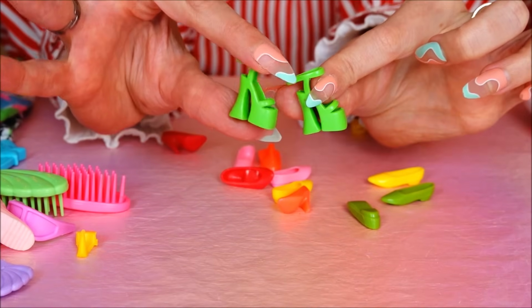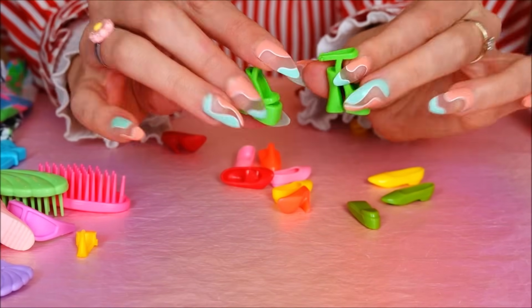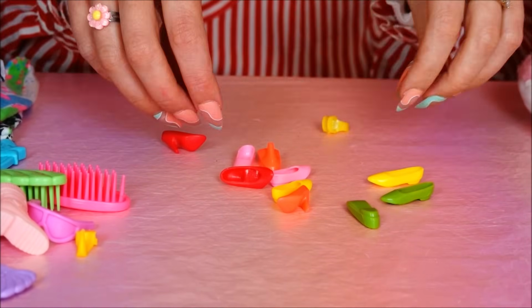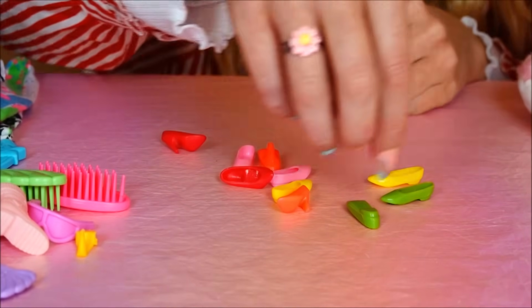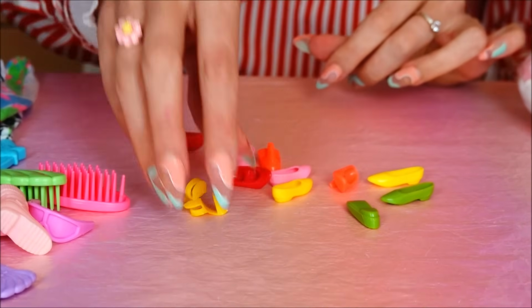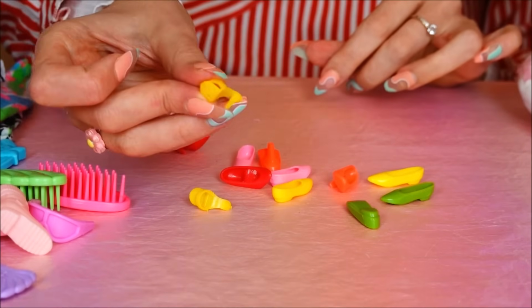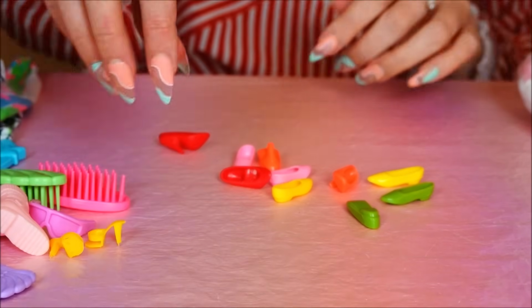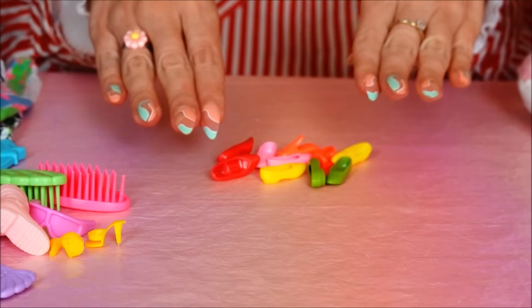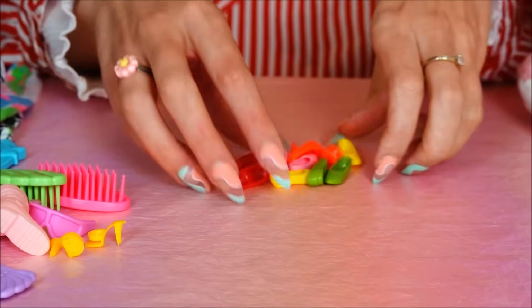These lovely late 90s or early 2000s platforms, super amazing. I love those. And where's the other one? Here, some of these mules. They are fakes because they have the holes in the bottom, but they are cute. I like them. And then these might have come from one specific shoe pack, because I know in the